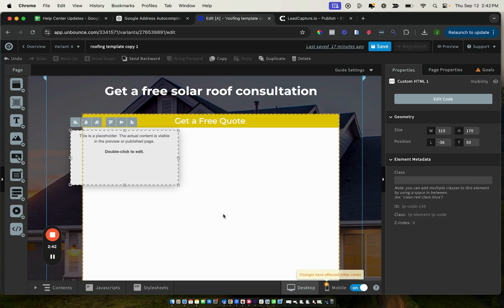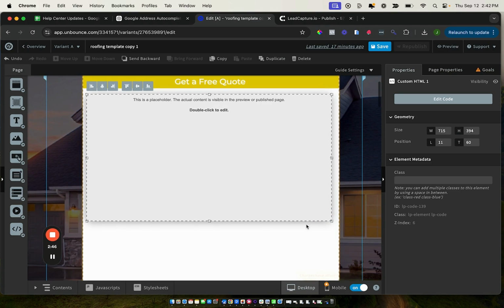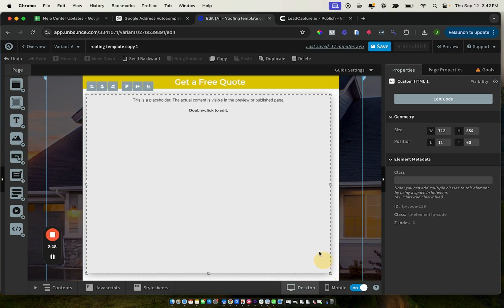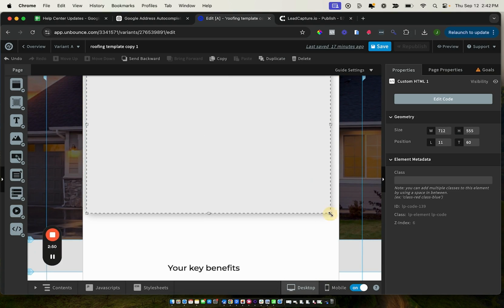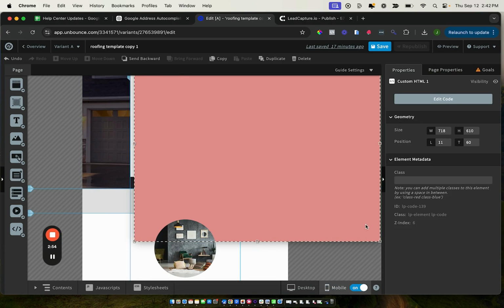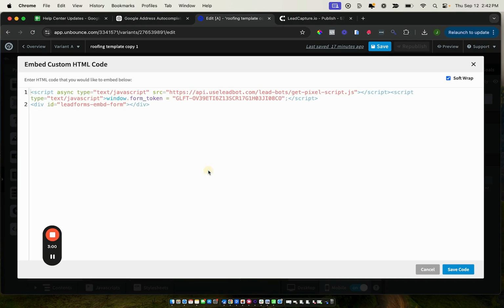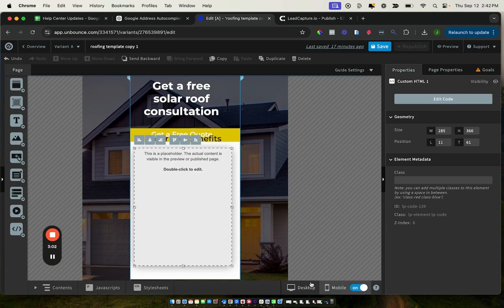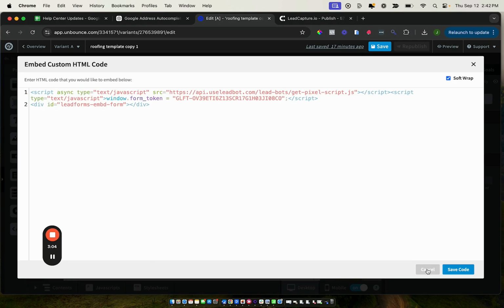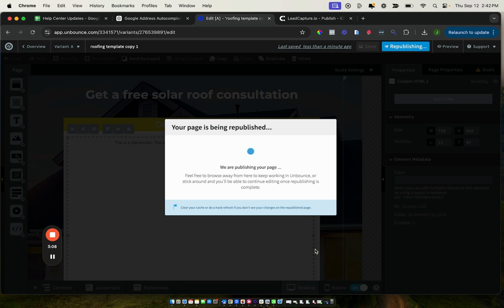I'll click Save Code, and now I'm just going to take this box and just drag it to fit the entire container. And I'm also going to make sure that this is set up on mobile. If you run into any issues where it's not working on mobile, then you'll just need to come in and make sure that all of your code is on the mobile version as well. So it's both on desktop and mobile. I'll save, republish,